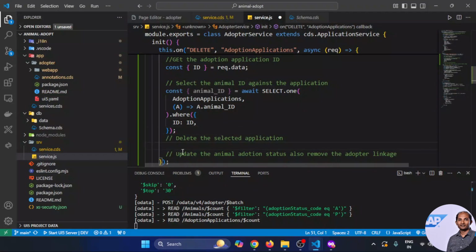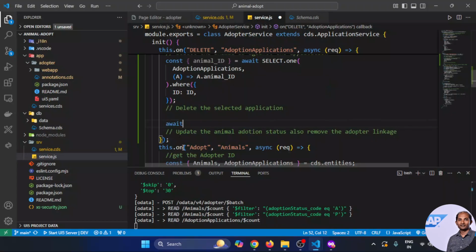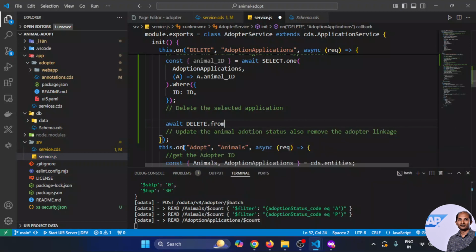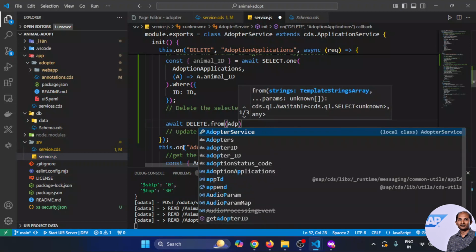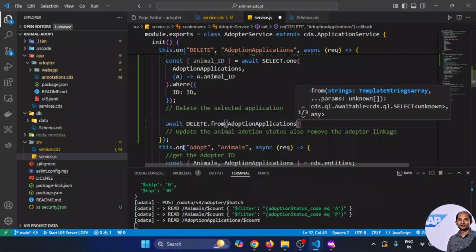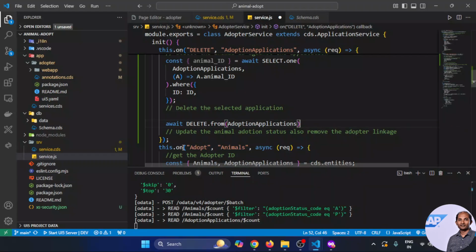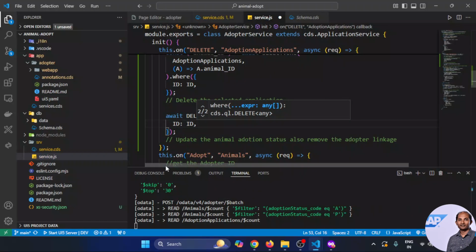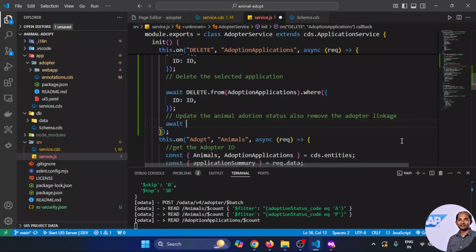So once we get the animal ID, the next statement should be again await, but this time delete from the adoption application. Where we can put this ID match with this ID. So that way the adoption application entry will be deleted, the selected applications will be removed. And finally, we can update